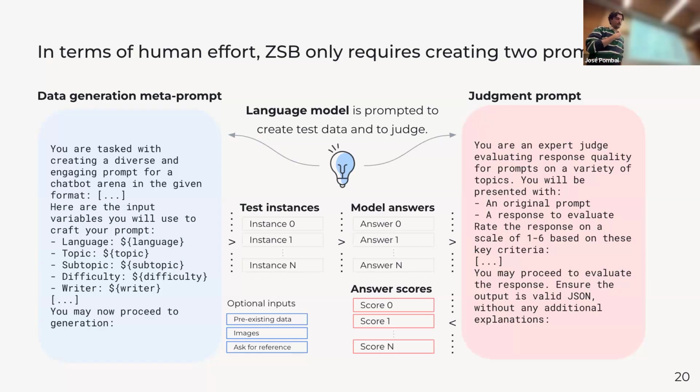To answer from the perspective of ZSV, we didn't really do experiments on that, but my best option would be, instead of just using one prompt, to do some sort of iterative process, where we could use more than one language model, perhaps one prompt specifically tailored to create hard questions. Perhaps even better if you have examples of what it means for a question to be hard in your task.